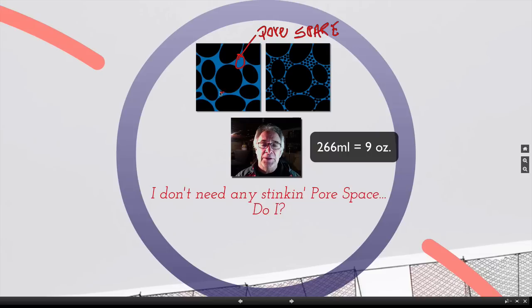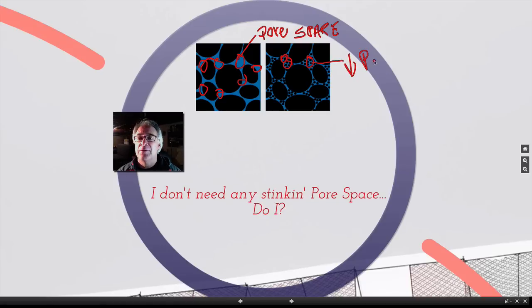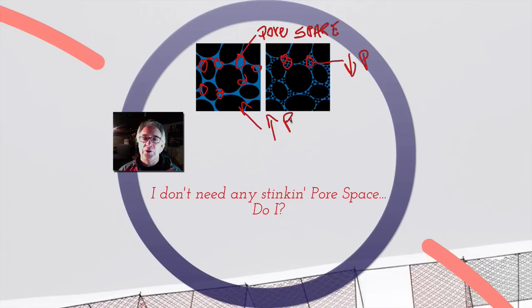But anyway, in this particular diagram of a well-sorted gravel, you can see there's lots of pore spaces, and they're big and they're open, and water's going to be able to fill those fairly easily. Whereas here on the other hand, you have sand filling up some of these pore spaces instead of water. So you'd probably think this one is going to have a lower porosity than this one, which may have a higher porosity. And for the most part, in this particular picture, that holds true, but not in every situation. That's why it's important to understand what is porosity and what kind of soil particles we are talking about. So let's take a look at our lab